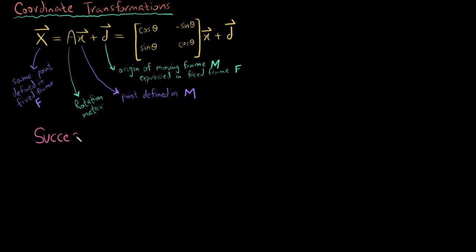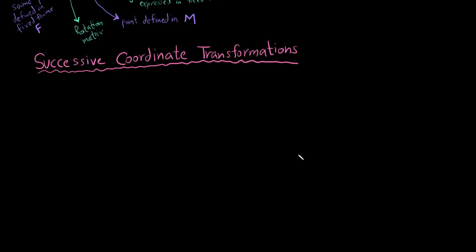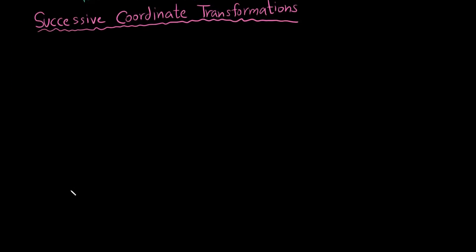Now coming to successive coordinate transformations. In successive coordinate transformations, the fixed frame is displaced and rotated a number of times. So there are a number of moving frames present. Here let me draw out the fixed frame first, which is F, and now I draw the d1 vector, which is the displacement of the first moving frame,